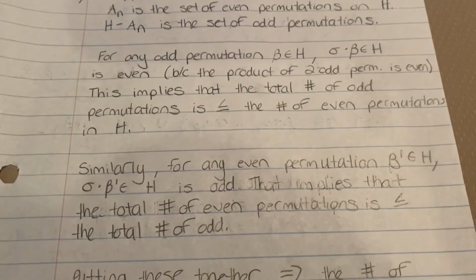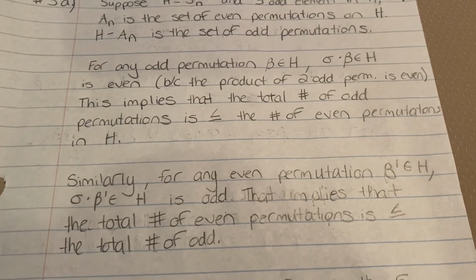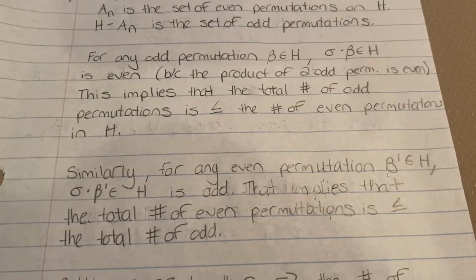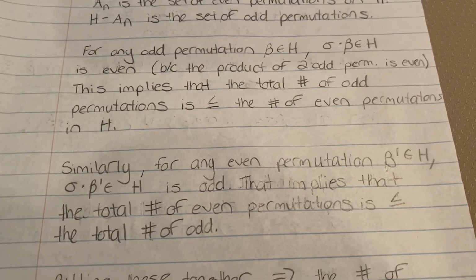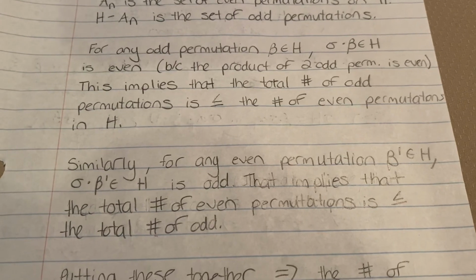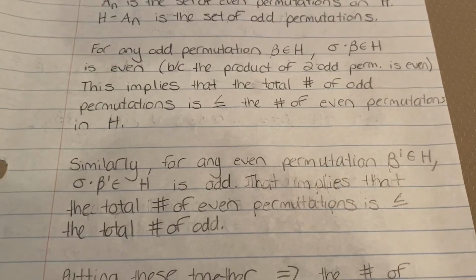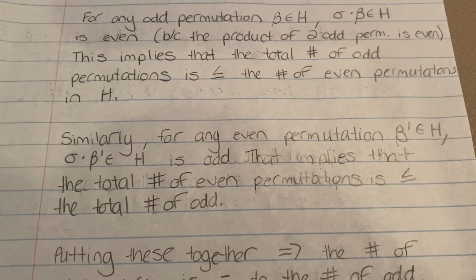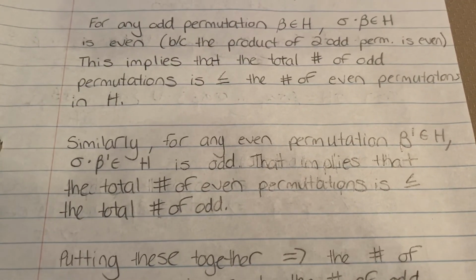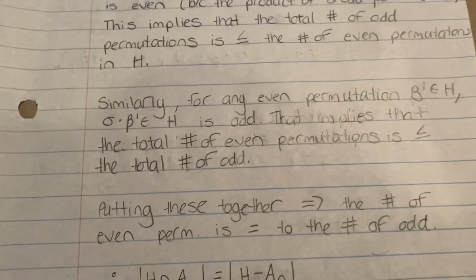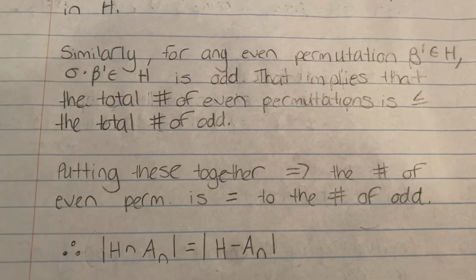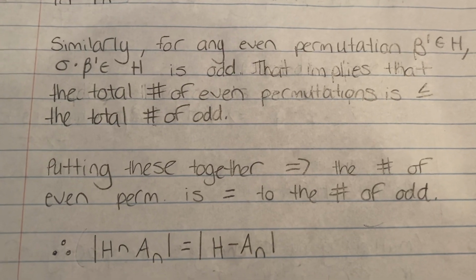Similarly, if we take an even permutation in H, I called it beta prime, then sigma times beta prime, which is an element of H, is also odd. And that implies the total number of even permutations has to be less than or equal to the total number of odd. If you put these together, it implies that the number of even permutations has to be equal to the